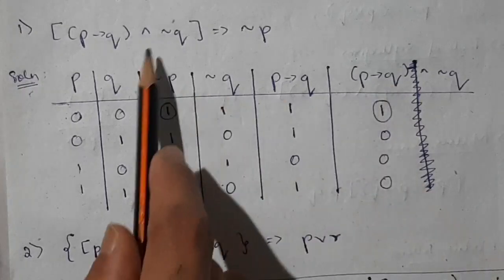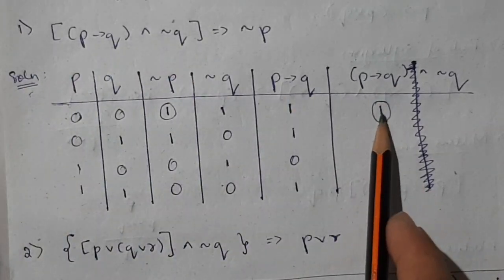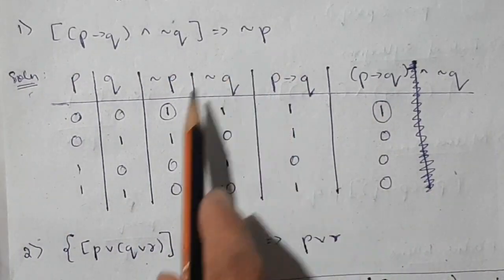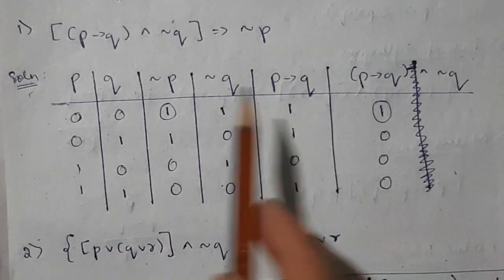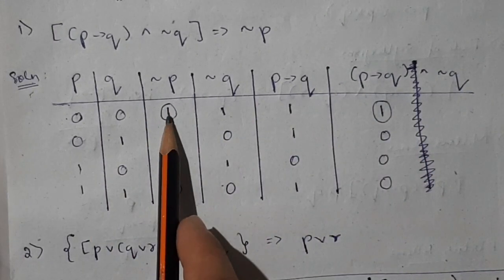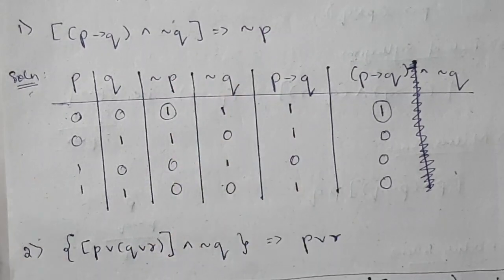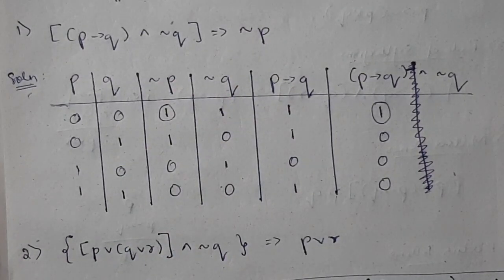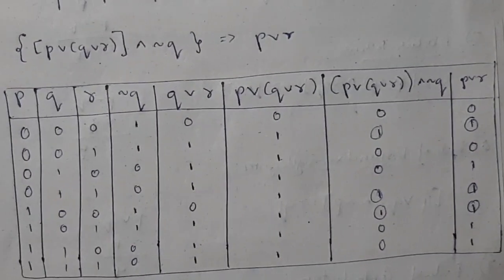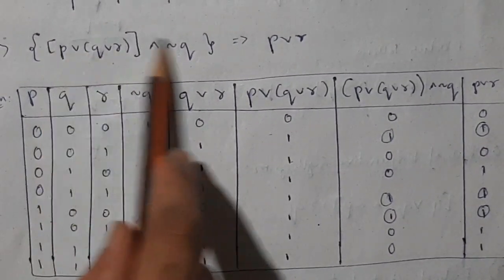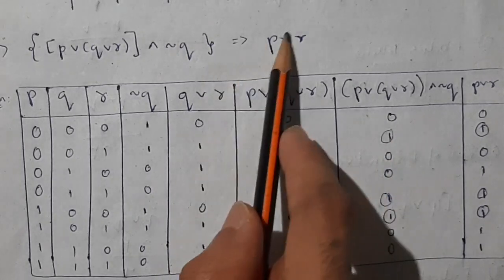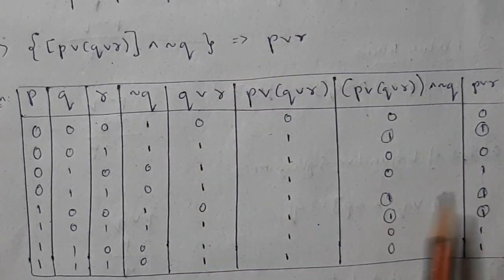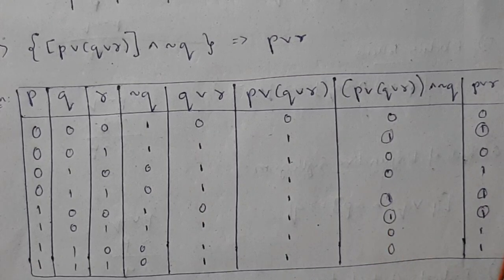Okay, then you have to consider this one, wherever 1 is occurring at that time, if this also has 1, then it logically implies. So 1 occurs only one time, and in that instance this also has 1, so it logically implies not P. Similarly in the second question also it's the same thing. You have to make the truth table, and in the truth table take this column, find where all 1 is occurring. At those instances, if this also has 1, then it logically implies. Rest of the cases it doesn't matter.